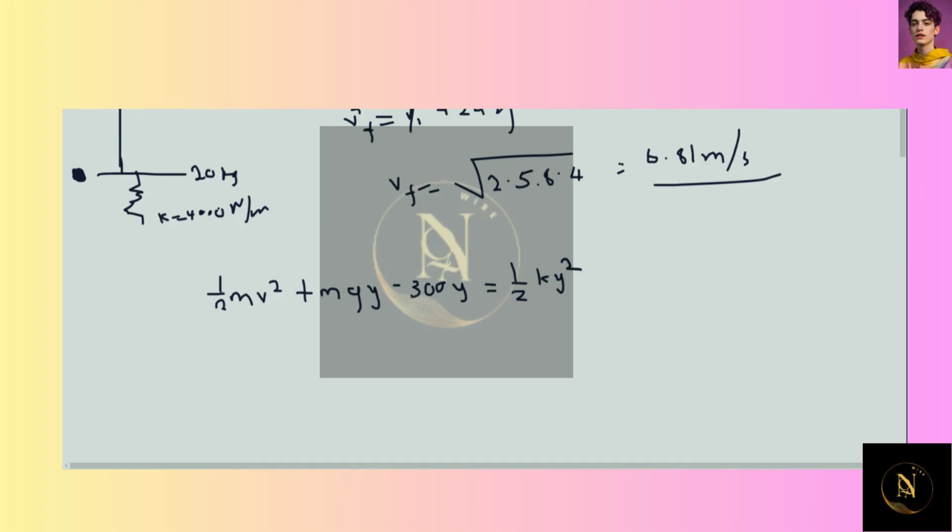Now we have to look at the masses here. This is actually the total mass, and here's why. Once the person is sitting on this platform, it's going to go down, but the compression is actually being caused by the total mass of the person and the platform. So this mass is not the same as this. This is the total mass of the system. So once we do that,